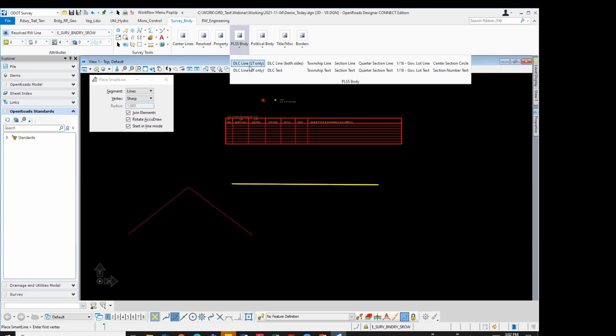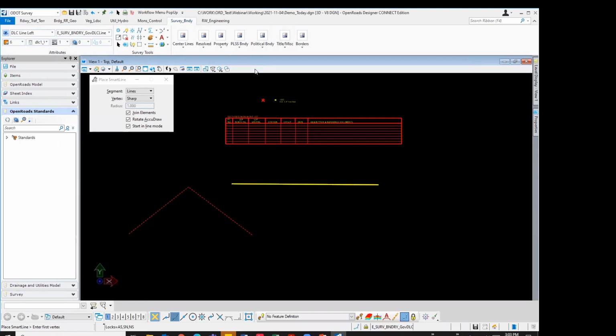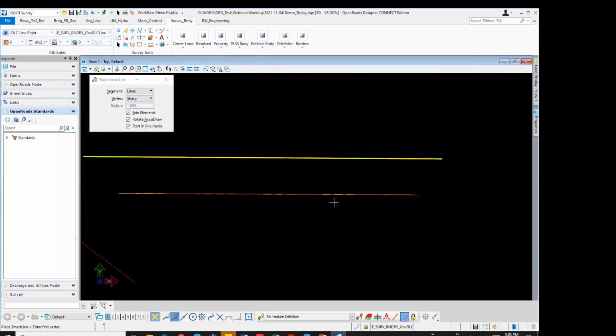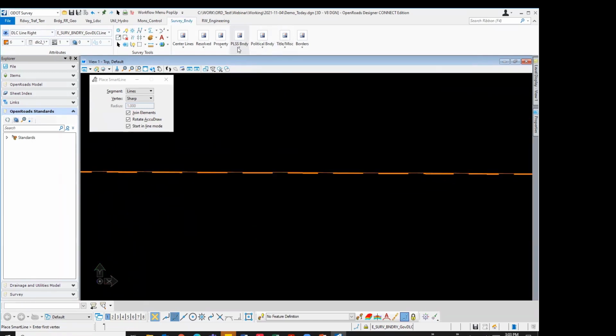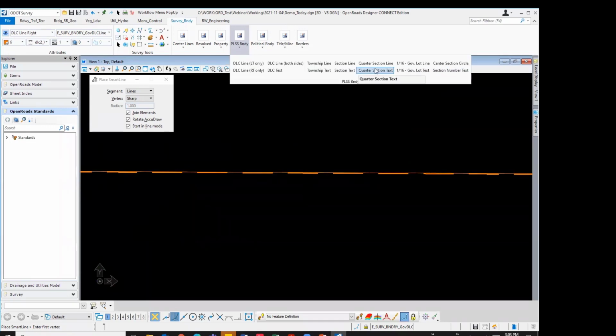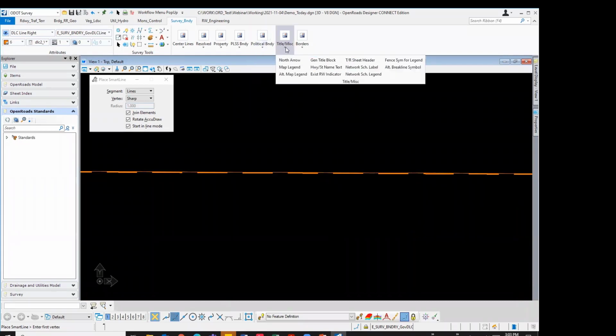So you don't have to choose, do I want it to be DLC 1 or do I want it to be DLC 2? And then it'll draft the correct line. Text objects are with it. And then we have our political boundaries. Some of those we don't get to use very often, like the state boundary line, state boundary text. And then here we have